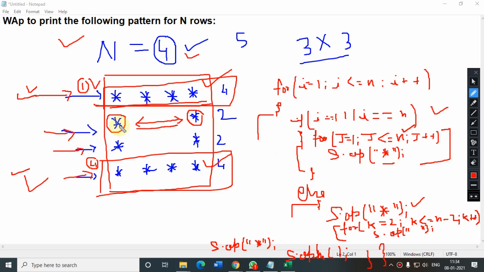First you printed this, then we are printing the blanks, then this. If you want to print an additional blank in between, wherever you are printing, just give one additional blank here, here, here and here. Give one additional blank everywhere, you will get the proper output. I hope this one is clear.